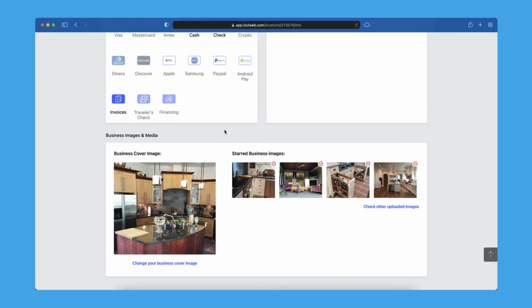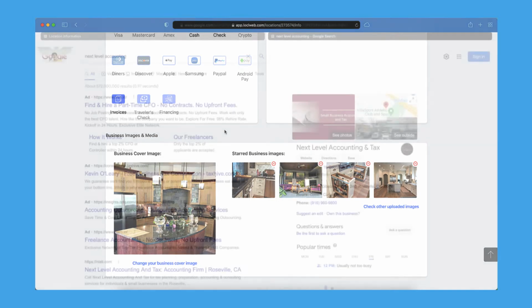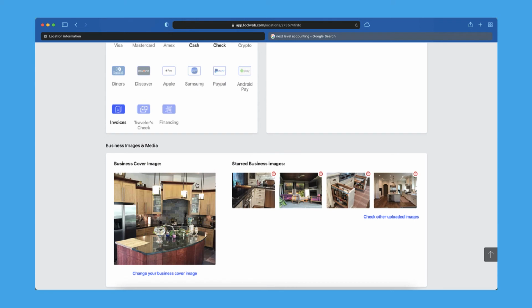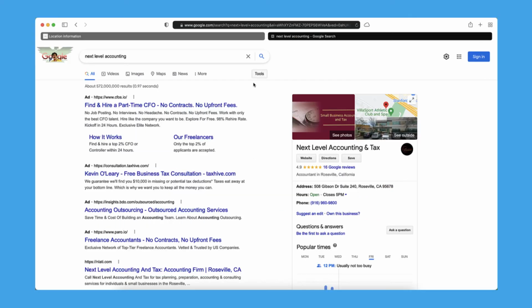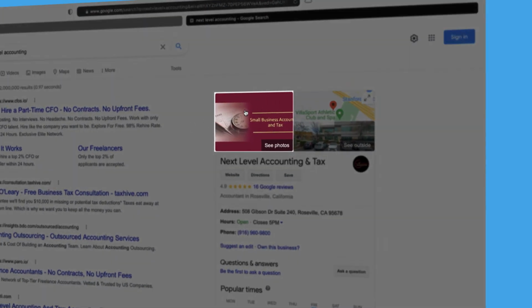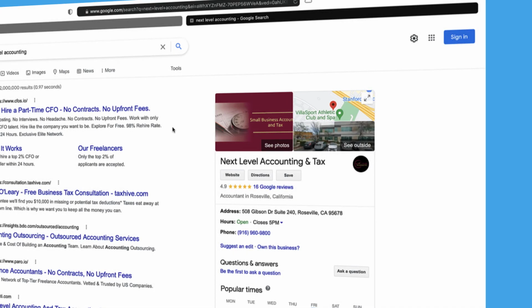And then the last section on updating your business information, this one's probably the most important. You want to add images. So the cover image that can be used by different sites for the main image on your profile, or if somebody searches for your business directly. So you want to put something representative of your business that's helpful to your users. You can see I did a little quick search of an accounting business. And this photo right here is probably their cover photo. So it's going to show right up at the top, and then sites can use that for other things too.